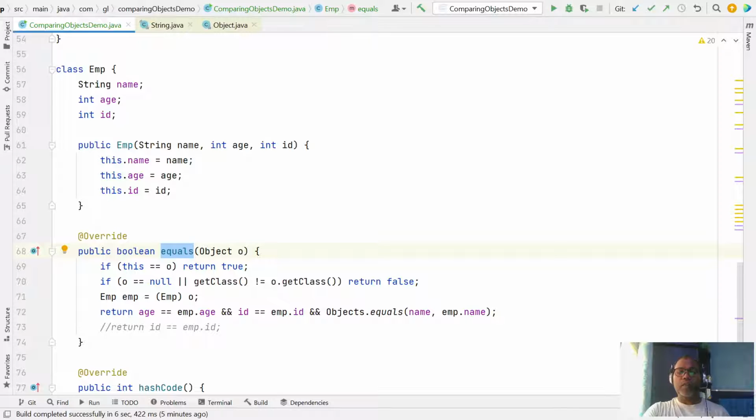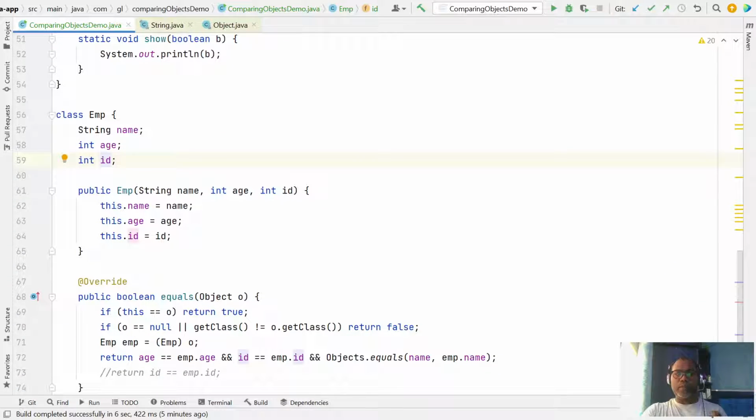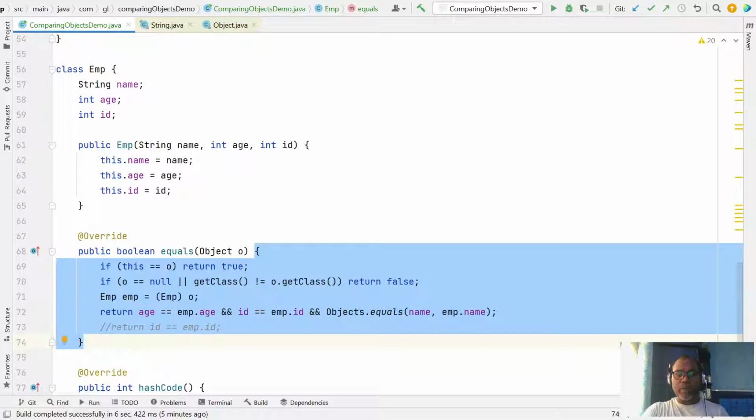If you are not overriding it, Java doesn't know what attributes the employee class contains and which attributes you want to use for equality. So as a developer, the custom code writer is responsible for writing the equals method.